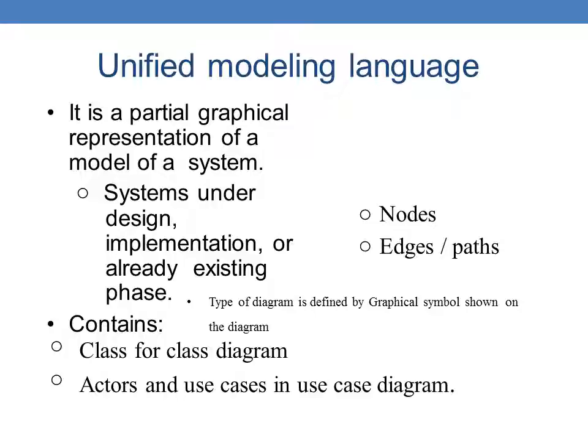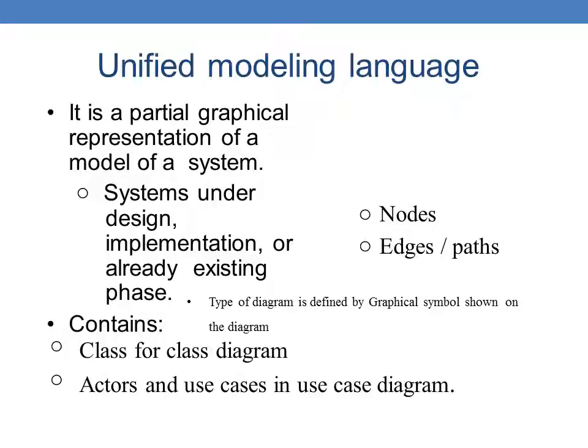If you develop any system, that system is going to be visually represented through these UML diagrams. Using these UML diagrams, the system can be shown under design, implementation, or an already existing phase. For example, nodes and edge paths, containing types of diagrams, define the graphical symbols shown on the diagram, such as class for